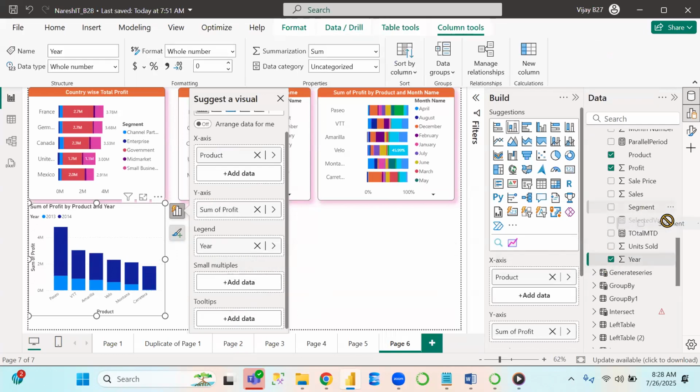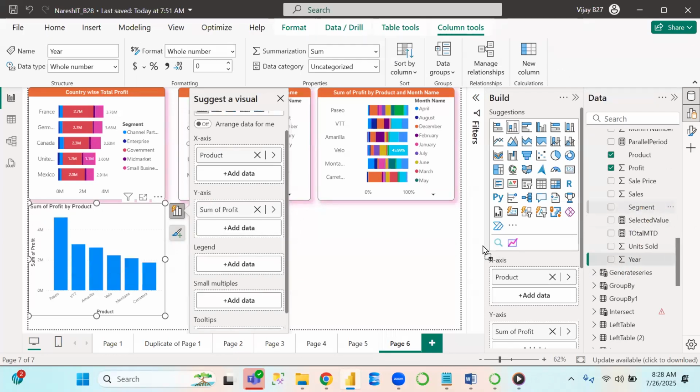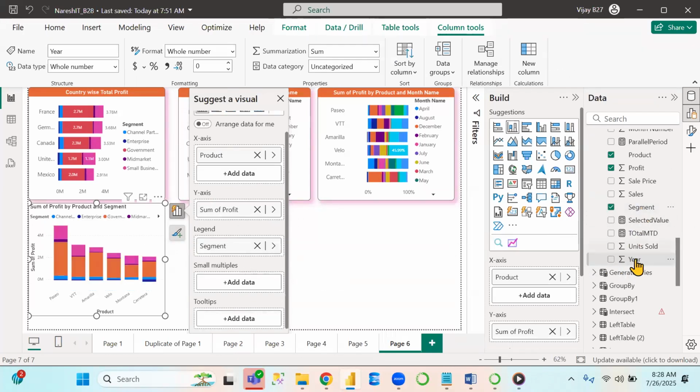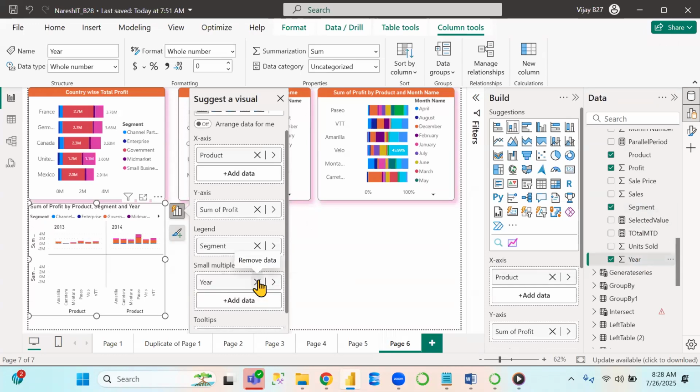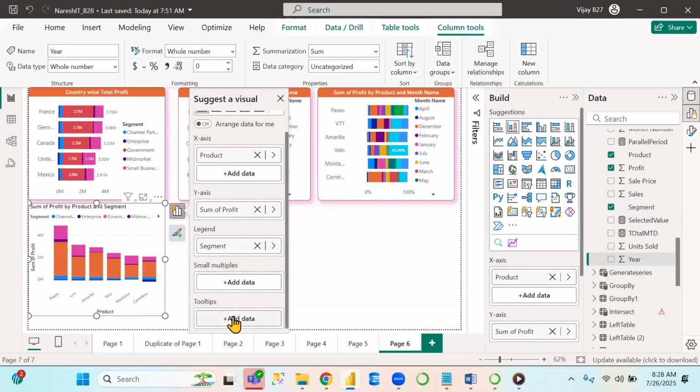Suppose, for example, see here, I'm giving it like this. Did you see? Small multiples, you know how it happens, right? Same like that. Understand clearly. Tooltip means,